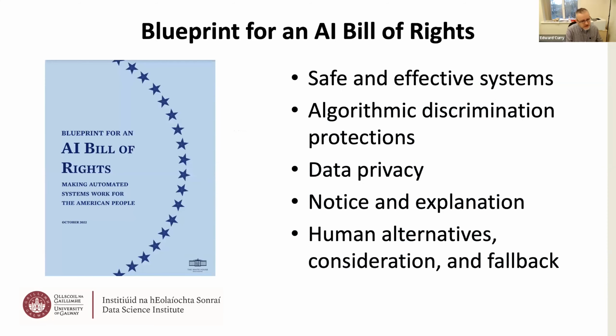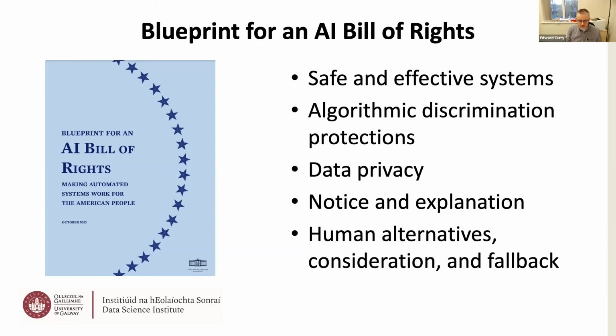But also I think what's really interesting to look at is the policy and the regulation that's starting to emerge in this place as well. And this is a document that was released by the White House in October, so hot off the presses, and it's a blueprint for an AI Bill of Rights, looking at what's important about creating automated systems that work for the American people. And just some of the key things that they're actually looking at in this Bill of Rights is the notion of safe and efficient systems, looking at the algorithms, the discriminations that can exist in there and protecting against that. And again, those three examples that I gave were all examples of discrimination within the system,